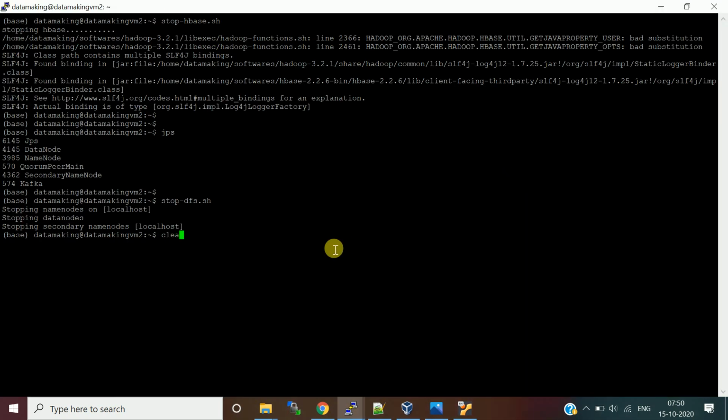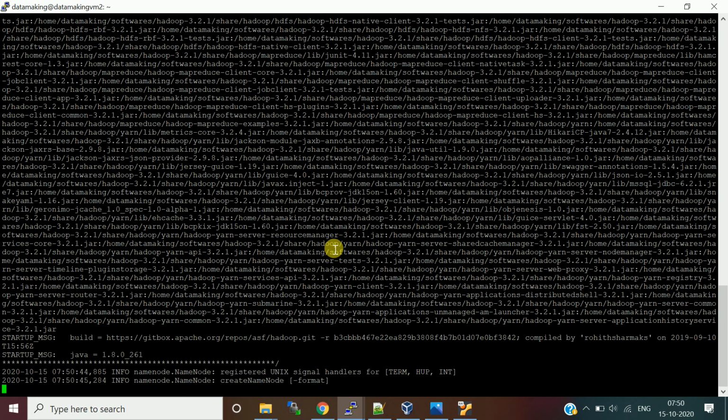Let's format the HDFS. We should not do this if we are already using data in HDFS. Right now we don't have much data in it, so I'm just formatting it.